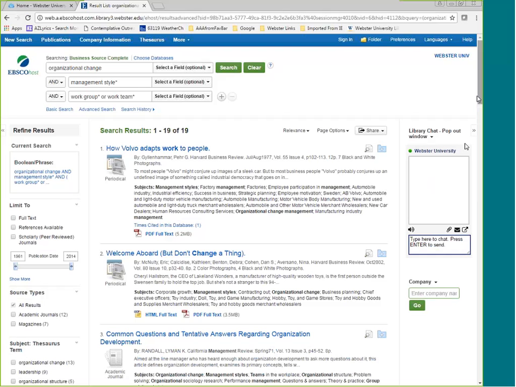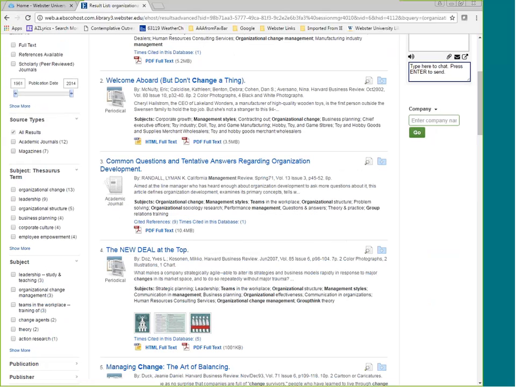Below the source types, we also see the subject thesaurus terms. So of these 19 articles, these are the subjects that are most often applied across these articles. So there are 13 that have the subject organizational change.